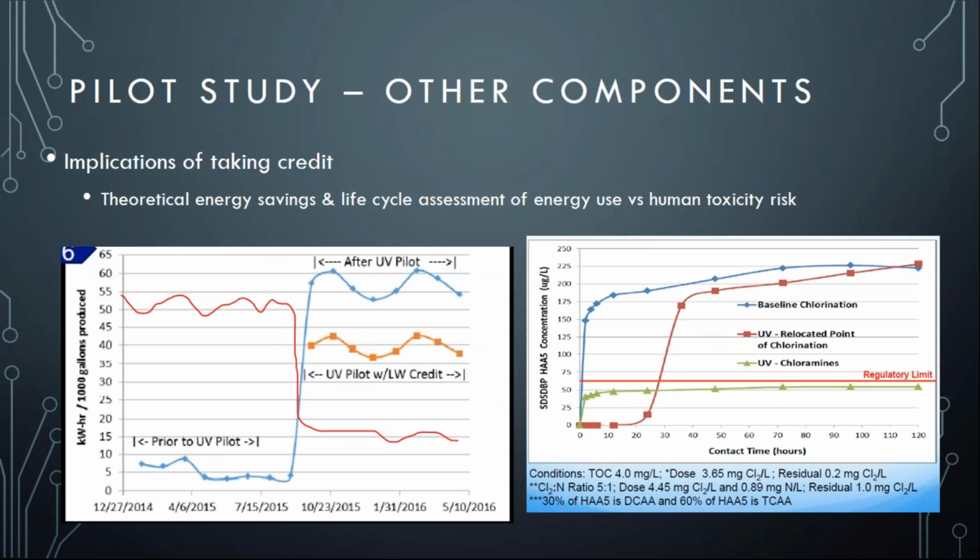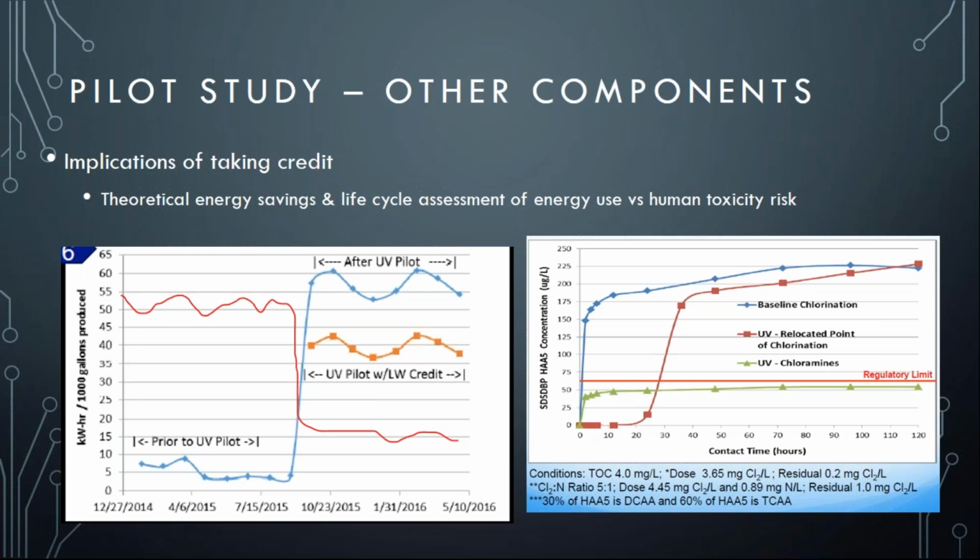This is my last slide, and this is kind of the crux of what I want to do with my research. Basically, what are the implications if we can take credit for these low wavelengths, if we can prove that they are entering the water matrix, reaching the sensors, and thus, in theory, inactivating adenovirus? What are the implications of that for other systems? So basically, you can think about it in terms of energy savings, as I mentioned. The power level can be reduced because we just opened up a whole range of UV spectrum that we weren't accounting for beforehand. So the power of UV units can be reduced, as you can see in the figure on